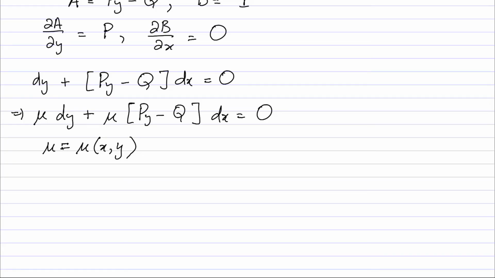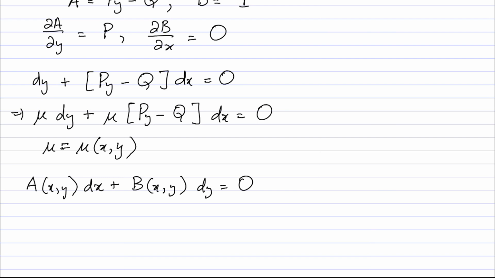Okay, so let me proceed. Let me first go back to a general equation. So you have a(x,y) dx plus b(x,y) dy is equal to 0. I'm assuming that this is not exact. So I'll multiply this inexact differential equation by this integrating factor mu to make it exact. So I have then